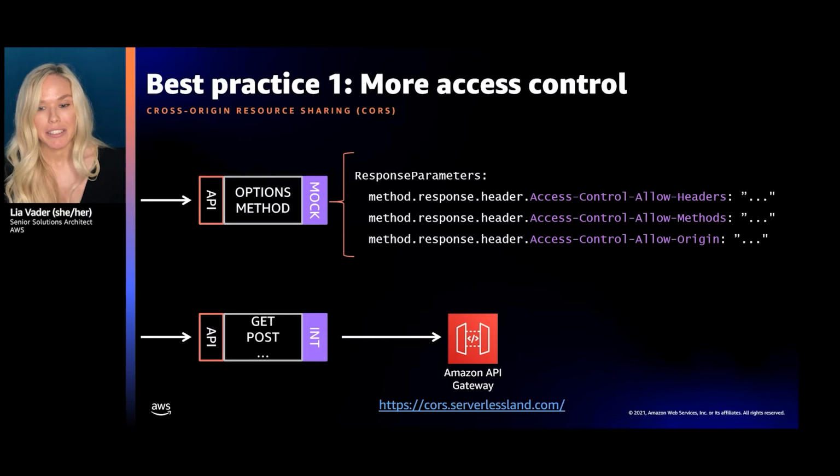With API Gateway, you can restrict which headers and methods are allowed and what origin's domain is allowed through. So you can configure least privilege. If you need help with that configuration, because it can be confusing, our developer advocate team actually created a really cool tool called CORS Configurator. It'll help you configure CORS on API Gateway REST and HTTP APIs. And I have a link there at the bottom for you.